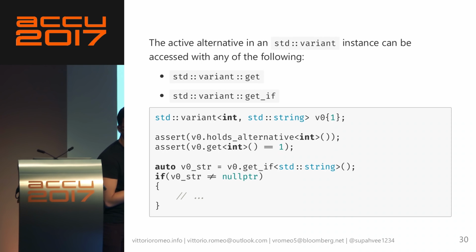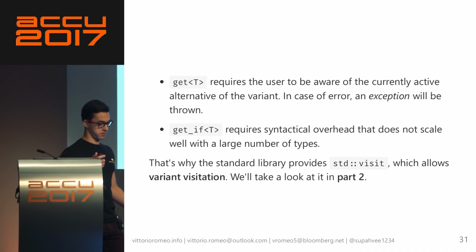I think the question was, what does get return if it doesn't contain the type? Get throws an exception, unless I'm mistaken. Can someone confirm? Yeah. So basically, you should use get when you're sure what you want to access, and get_if if you're not sure and you want to check that the thing you want to access is actually the active one. But these methods are not actually that good, because they require you